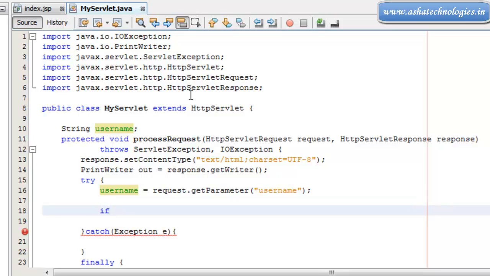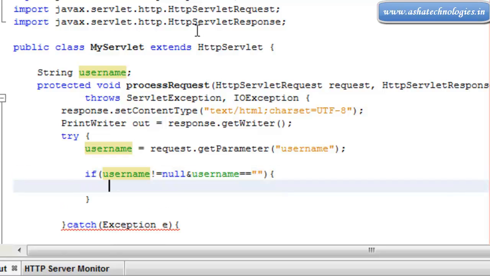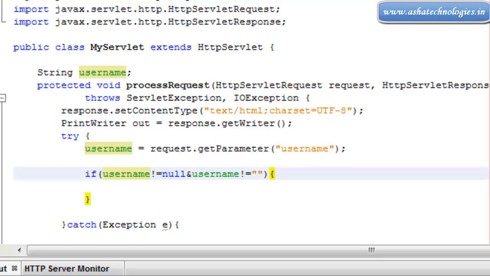Here I am checking for the null value. If username not equal to null and username not equal to empty, then